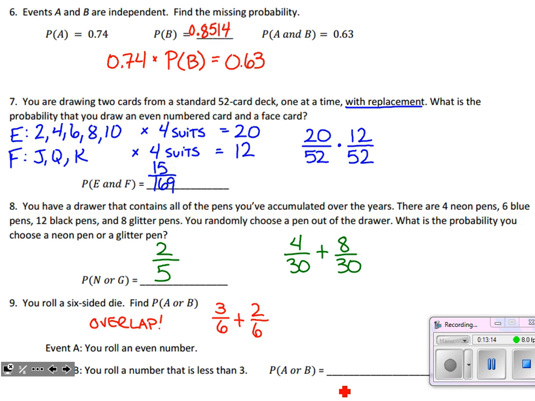But we counted the result of 2. That one possibility out of 6 got counted twice. So I need to subtract away that overlap one time to counteract the fact that it was counted twice. And if I add up all those fractions, again, they have that nice common denominator. Since it's the same sample space, we get 4/6 or 2/3.